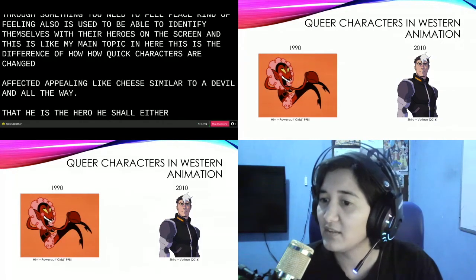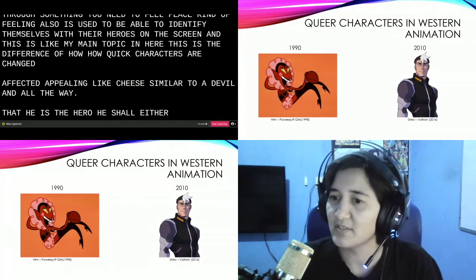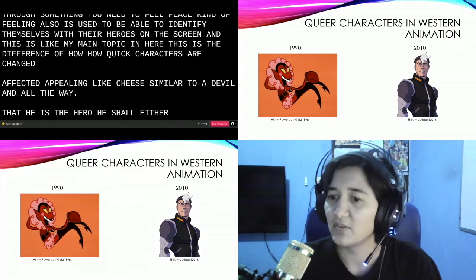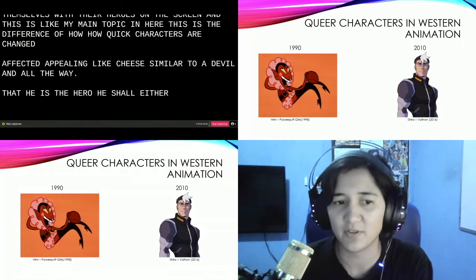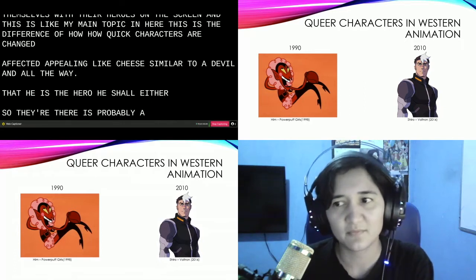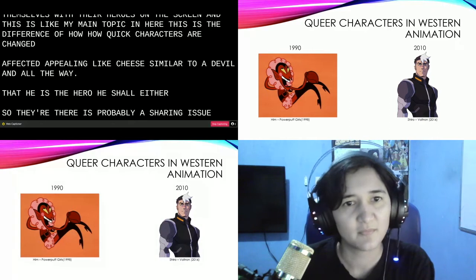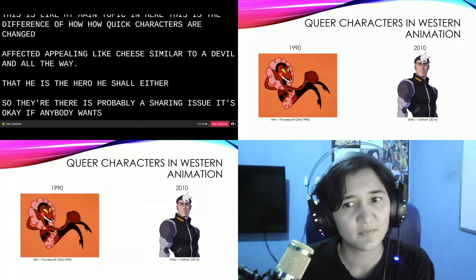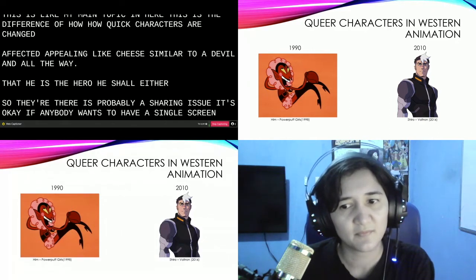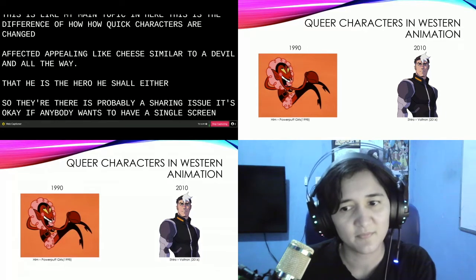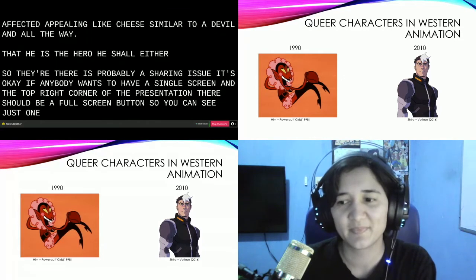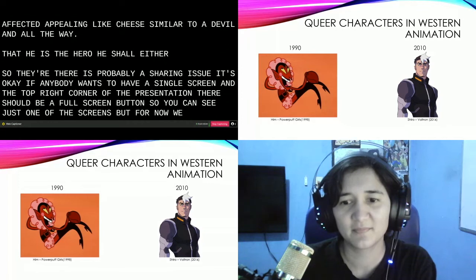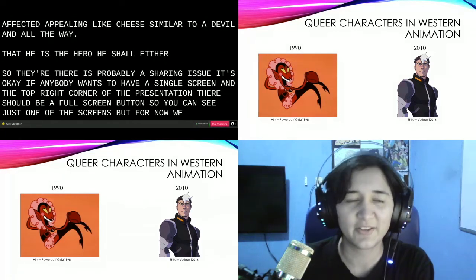Can you delete 4 of the 5 screens? Okay, I don't understand how to delete 4 of the 5 screens. So there is probably a sharing issue. It's okay. If anybody wants to have a single screen, in the top right corner of the presentation there should be a full screen button so you can see just one of the screens. But for now, we unfortunately are going to have to leave it because we are strapped for time. Okay, so